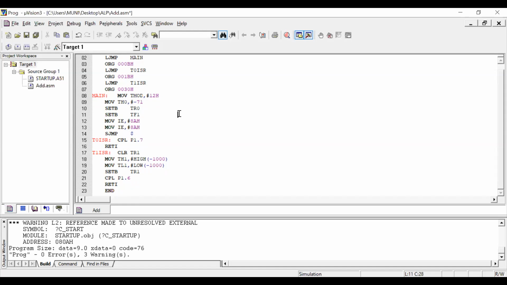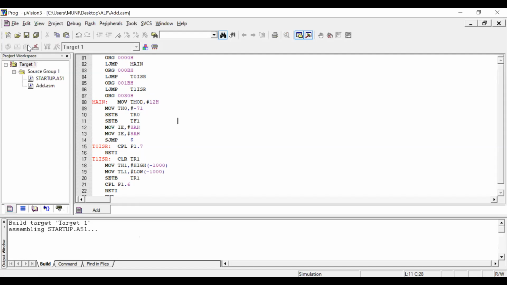Second, 1 millisecond is required, which is nothing but 1000 counts. So 1000 count is converted into a hexadecimal value: 65,536 minus 1000, called 64,536, converted into hexadecimal, and then the lower value is loaded into TL1 and the higher value into TH1. This is the program for two different square waves.